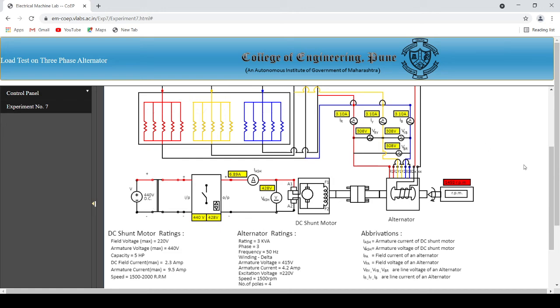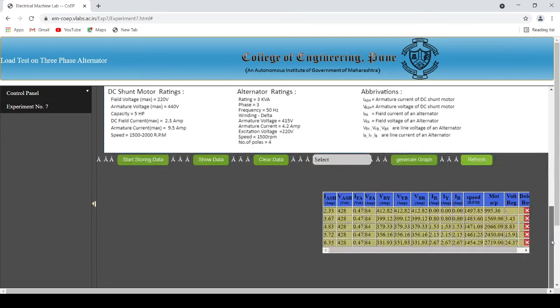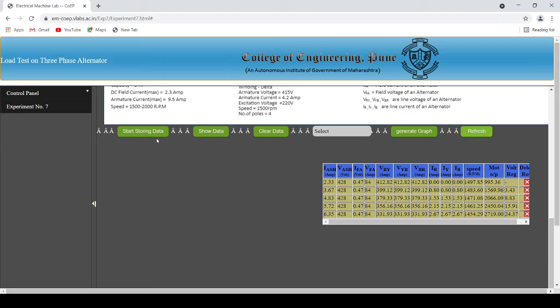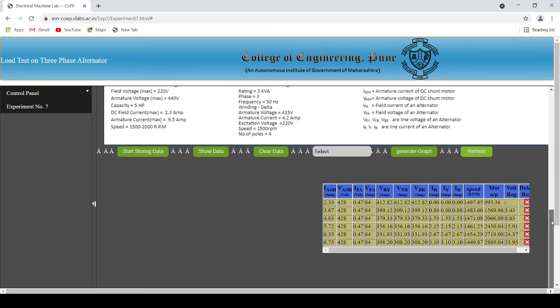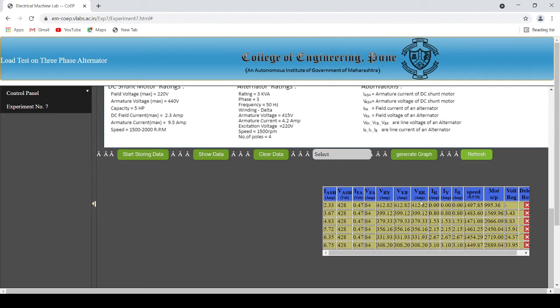We can also increase the load randomly, not just one by one in all the RYB. We can also do it randomly. I'm just doing in order. Now we have increased all the loads and we have taken readings for both no load condition and load conditions for 5 types of readings. The table is already good. Now that the simulation has been performed, we can view the output graphs.